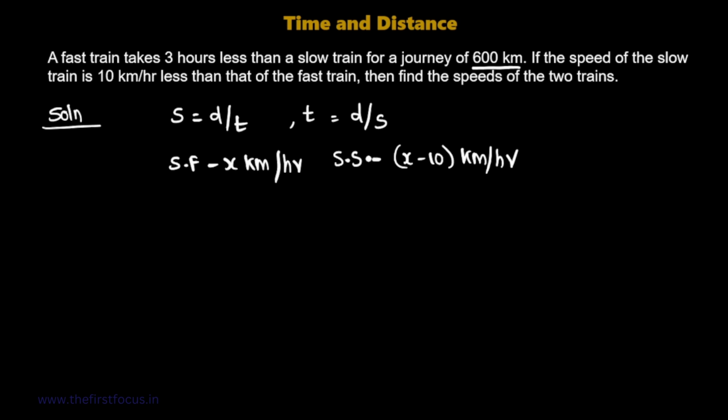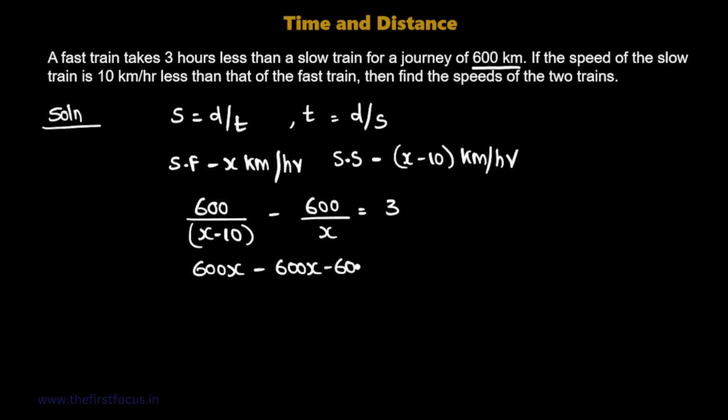So the time difference between the slow train and fast train is 3 hours. So applying t is equal to d by s, we have 600 divided by x minus 10, because slow train will take the maximum time, minus 600 divided by x is equal to 3. The difference between is 3 hours. So on taking cross multiplication we have 600x minus 600x minus 6000 divided by x into x minus 10 is equal to 3. On solving this we get 600x minus 600x get cancelled